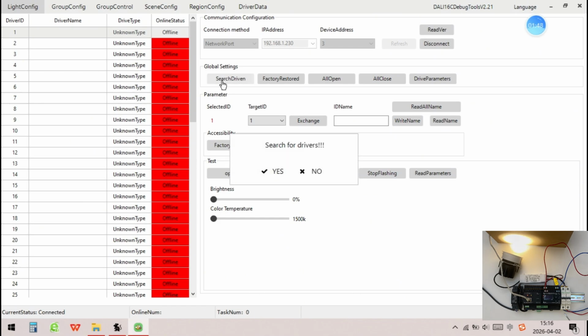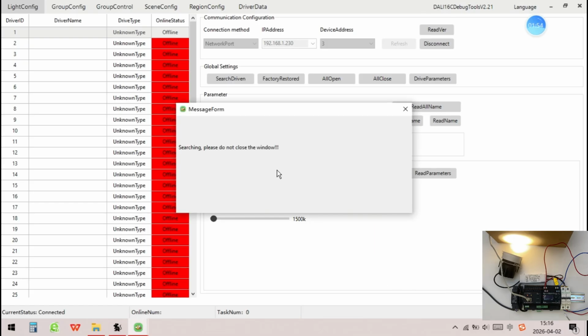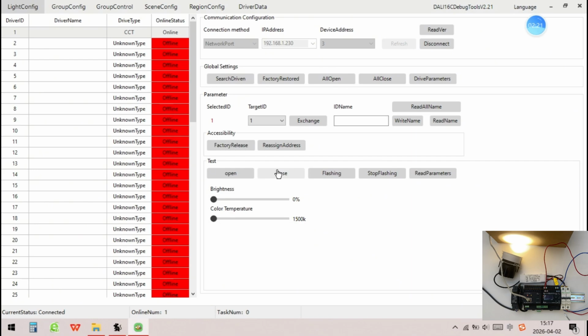Click Search Driver, and you can see the driver type and online status. Click Restore Factory Settings.